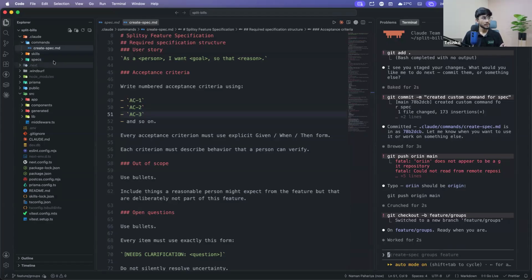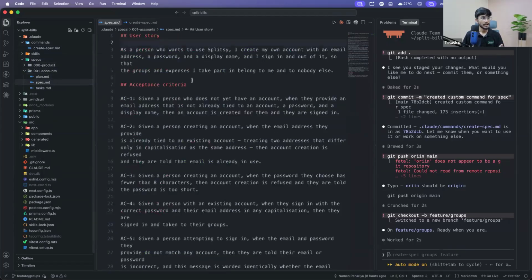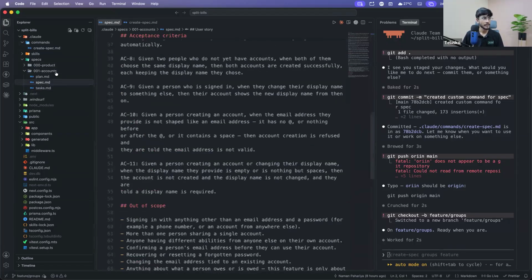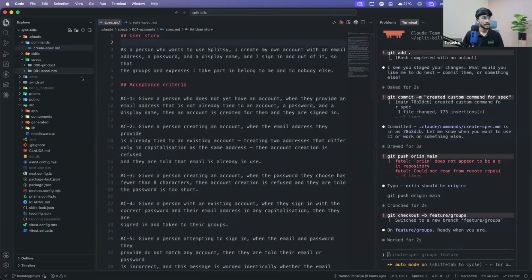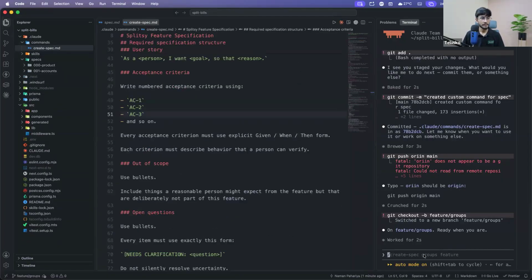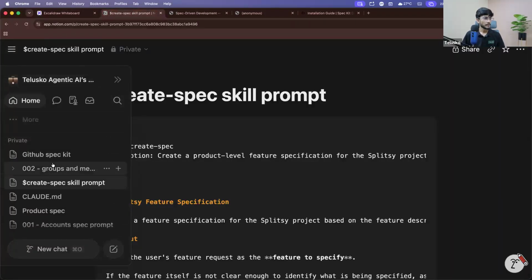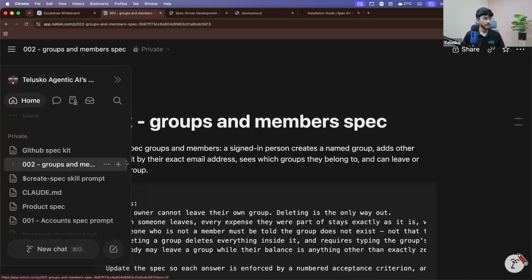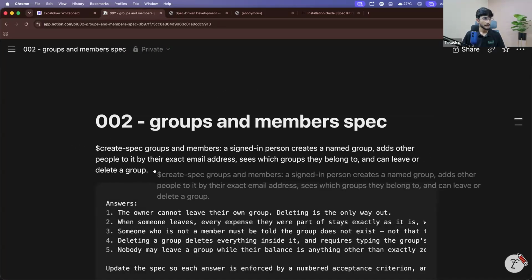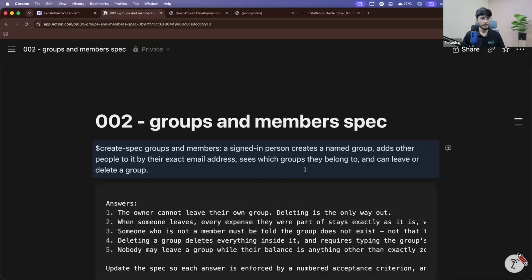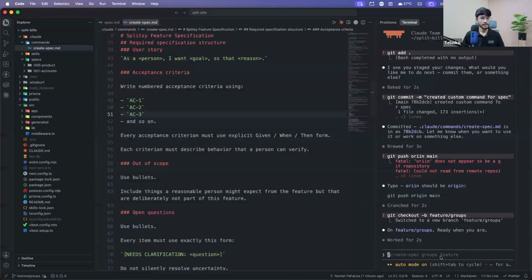So previously we had to do all these things manually. If you look here, this is the spec file. I had to create this spec file in my folder, and then define all those things by myself. But now let's take the help of AI. So in create spec.md file, I'll write a simple prompt, which again I'll copy from here. So file groups and member, this one. So just copy this